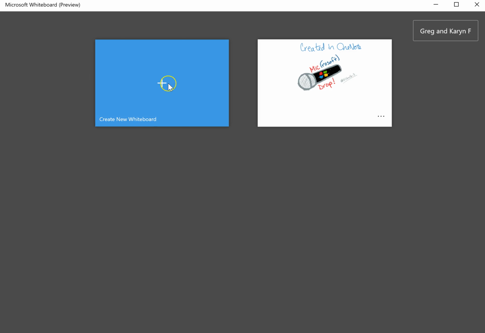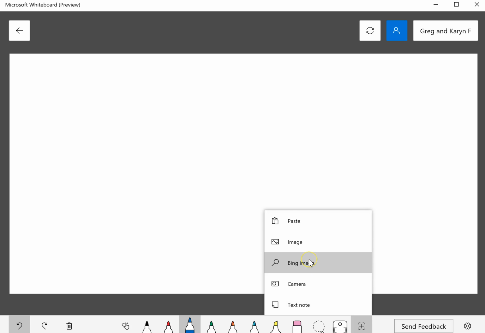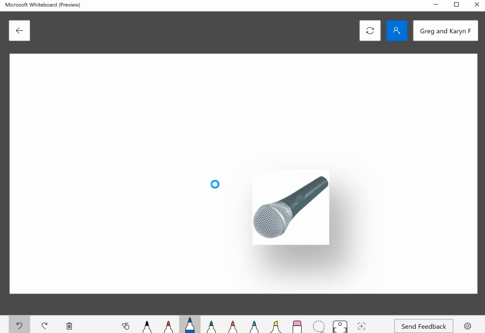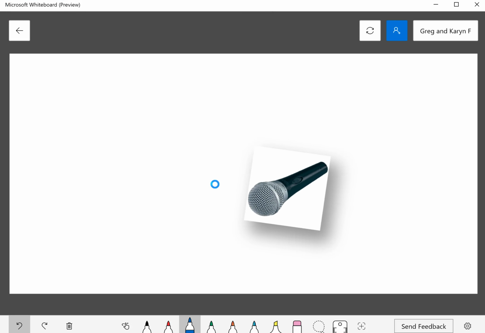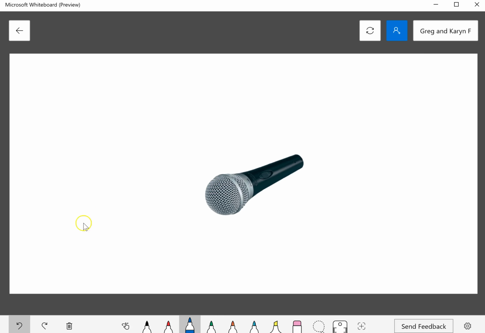If I go back, I'm going to create a new whiteboard. At the bottom next to the ruler tool, you have a little plus sign, and it has a Bing image search, which is really cool, except for today it doesn't seem to be working, which is why this is a preview, a beta mode. So instead, I'm going to go to Image, and I'm going to grab a microphone image that I had already saved to my desktop. I can also take that microphone image and make it larger or smaller, whatever will work,